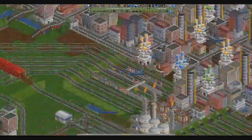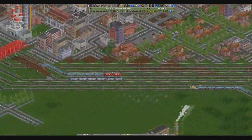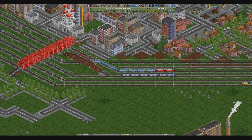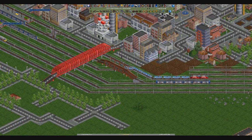Okay, we need to connect this up to Chutburg still. It's going to be tricky, because there's constantly trains going past. We'll do our best. Well, the way I want this one to work is have one line come underneath and connect up here, and then have the other one come across and connect up here. So actually, I need to have a good long hard look at this, because this bridge here is pretty good where it is. We just need it to be